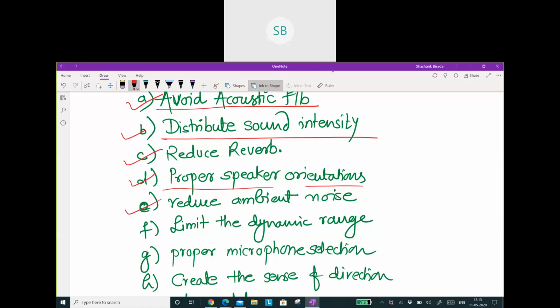Then the fifth parameter is to reduce ambient noise. The ambient noise is high in applications such as sports centers, playgrounds, marketplaces, and so on. So the PA system should boost the higher frequencies to ensure the clarity of sound, but this will boost the noise present in the high frequency spectrum as well, along with the signal. So the noise will hamper the clarity of sound, obviously.